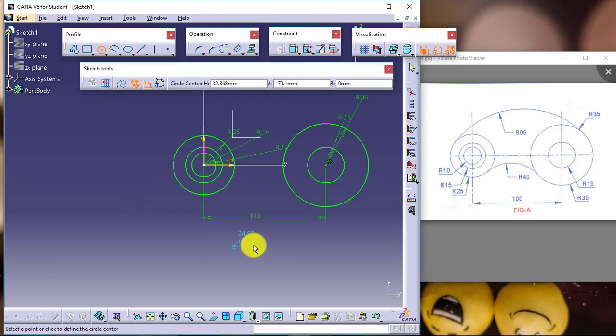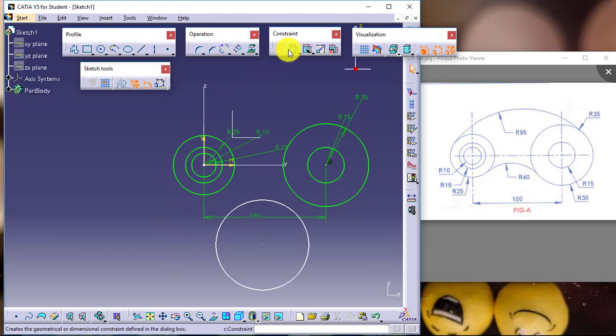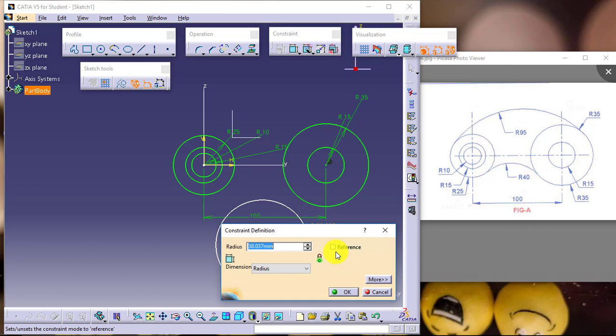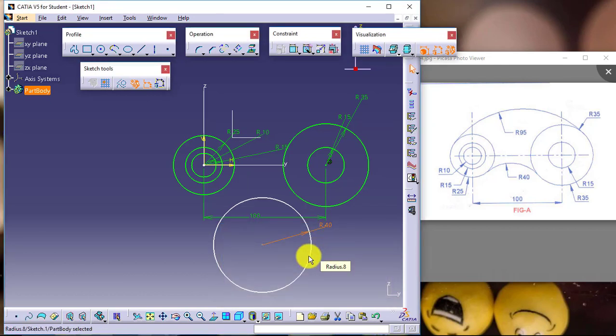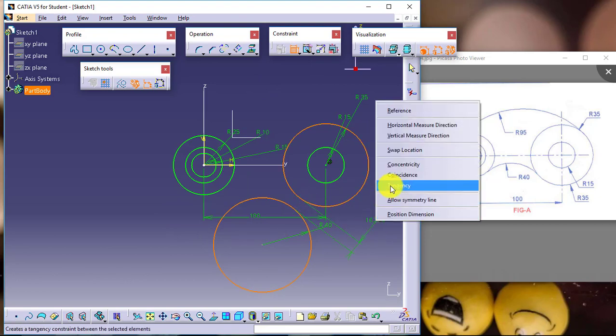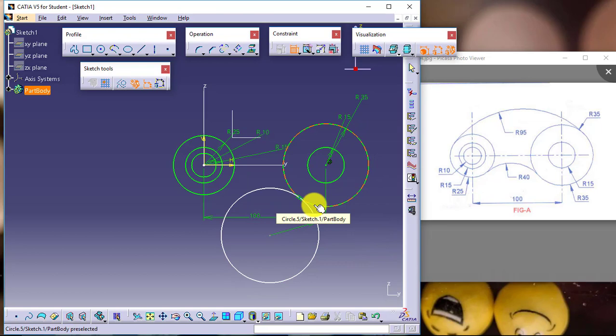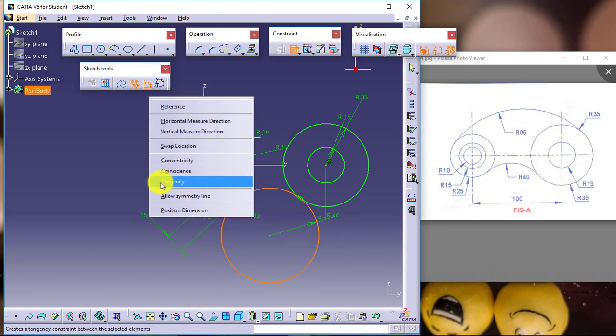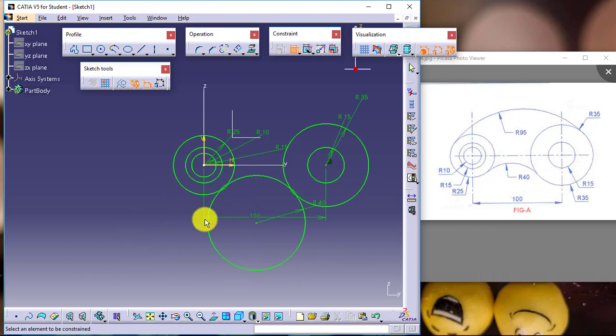I'll go for the circle and I will create a circle like this. I will give the dimensional constraint of 40 radius, and then I will simply select object 1, object 2, right click, tangency. So the circle is tangent to this. Similarly, object 1, object 2, right click, tangency. This is how the circle becomes tangent.